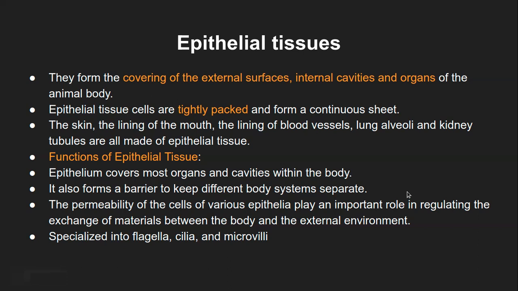Imagine if there is no outermost layer, everything would have gotten connected to each other, and the heart and liver would mix, or heart and stomach, or any random organs which are present in close proximity, they will form a connection, because it's ultimately giving rise to the tissue which are going to connect themselves with each other otherwise. But this epithelial tissue forms a barrier-like thing to keep different organs separate.